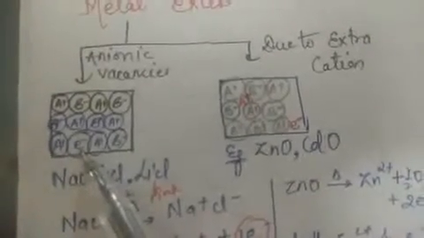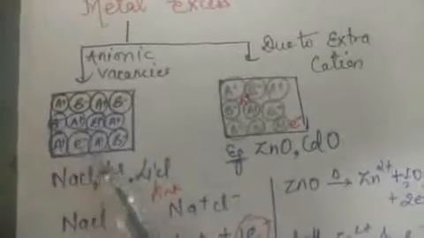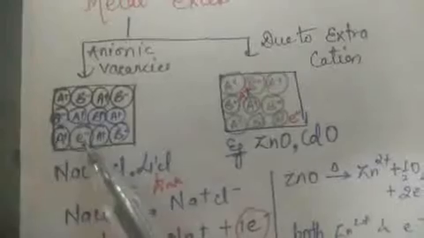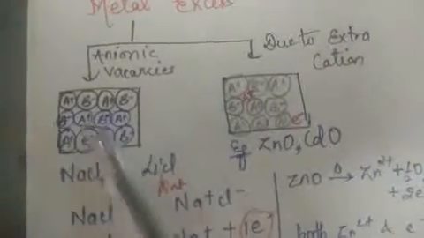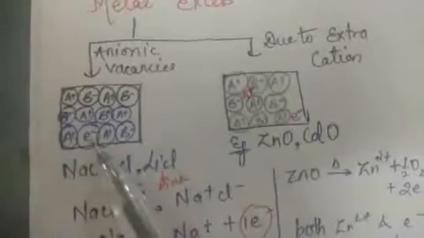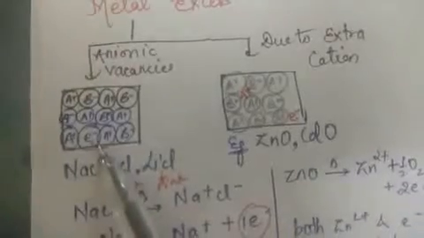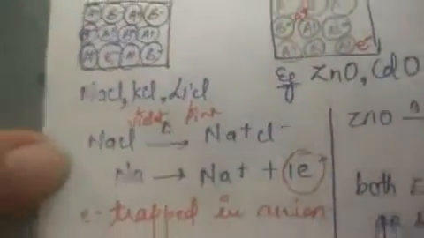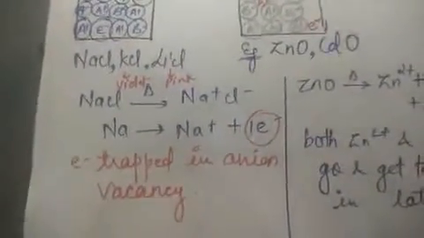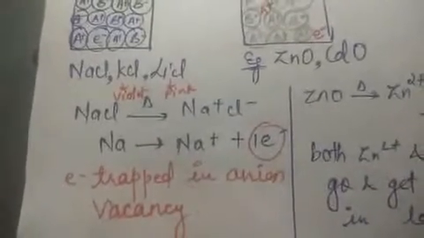I am repeating, the anion has left its place. The place was vacated, which has now been taken by this electron. So the charges are balanced because the anion and the electron are both negatively charged. Examples of this are NaCl, KCl, LiCl. And due to this, these crystals show different colors. So basically, this is an electron trapped in anion vacancy, a metal excess defect due to electron trapped in